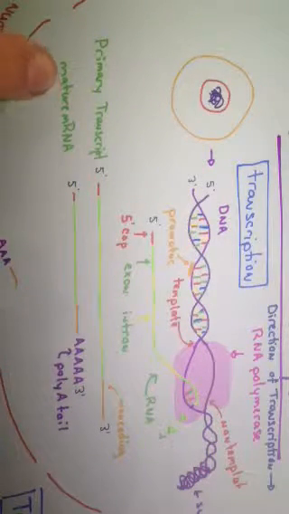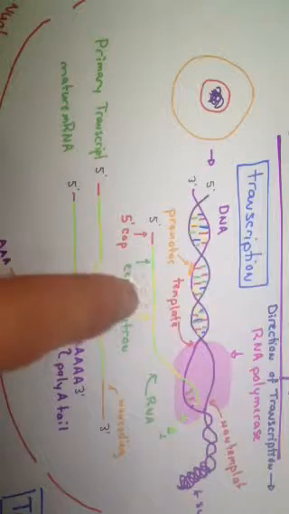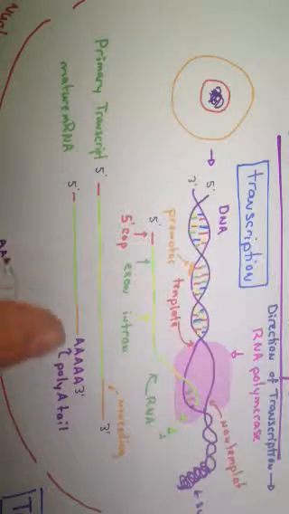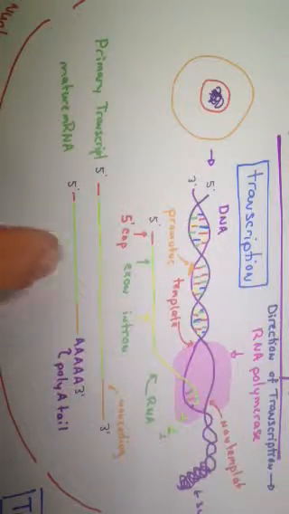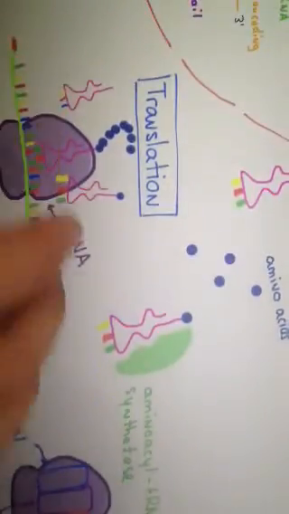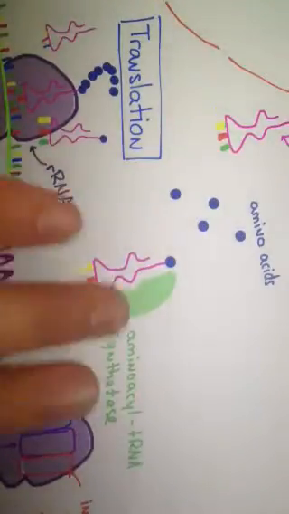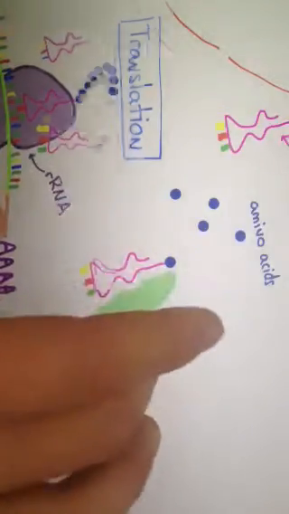To make it into a mature mRNA, the introns need to be spliced out and a poly-A tail needs to be added. As soon as that happens, the mRNA leaves the nuclear membrane through the nuclear pore and enters into the cytoplasm. The cytoplasm has a bunch of stuff in it, but what we're interested in is all the stuff